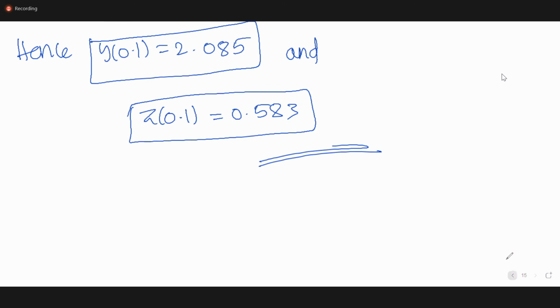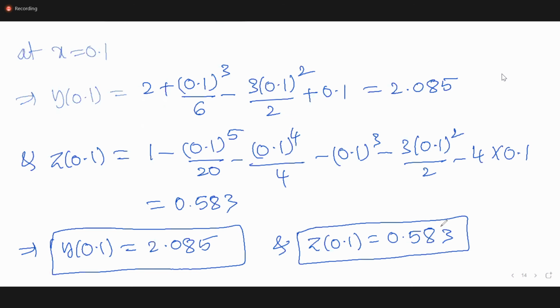If the third approximation is difficult, we stop up to the second approximation only. Suppose the fourth approximation is difficult, then we will stop up to the third approximation. Sometimes we get a plus b plus c plus d whole cube also. A plus b is treated as one term, c plus d is treated as another term, whole cube. So it is very difficult to find these types of expressions.